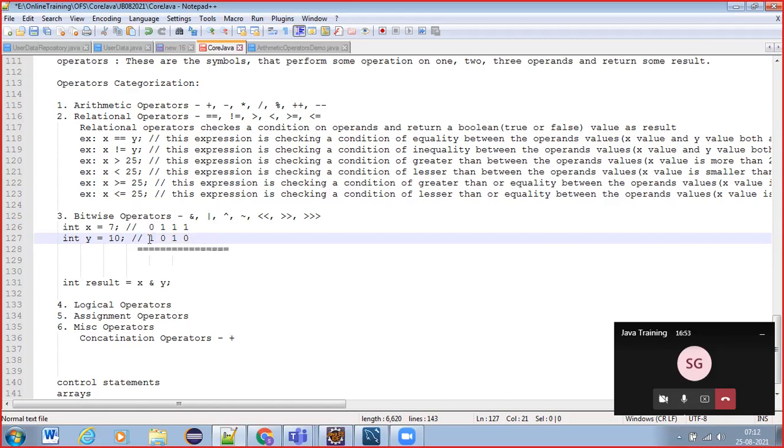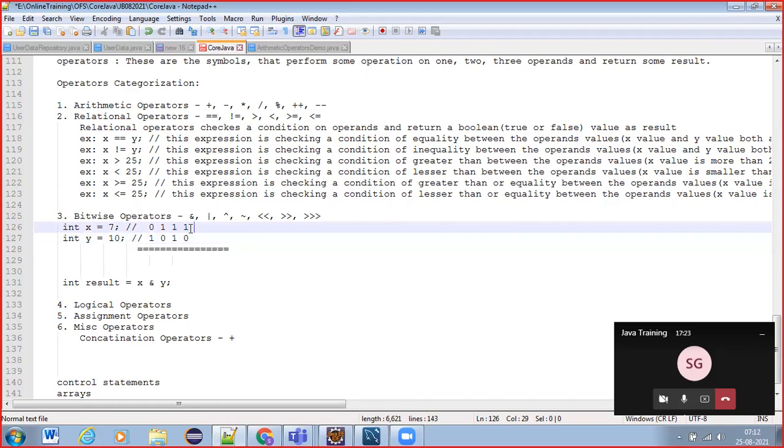To represent it in 4 bytes format, we require 32 bits. Already 4 bits have the value, so the remaining 28 bits on the left side will be represented as zeros in the machine, right? But left side zeros have no value in the binary system, so you can ignore that. Okay guys, now if we perform the AND operation here, what will be the result? 1 and 0. Here what will come? 1 and 0 is 1.